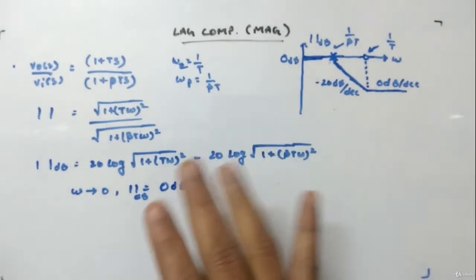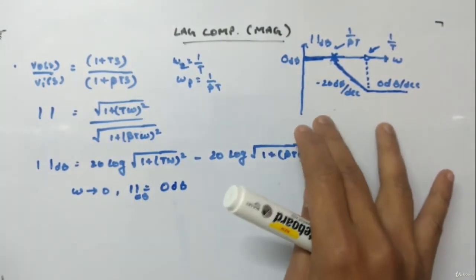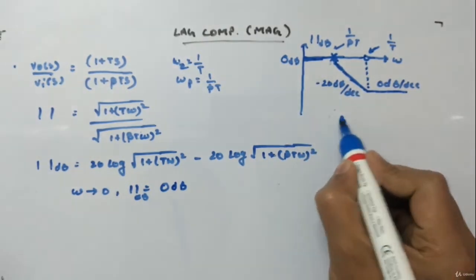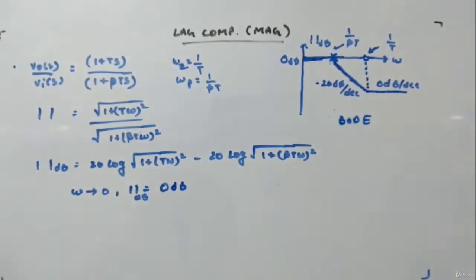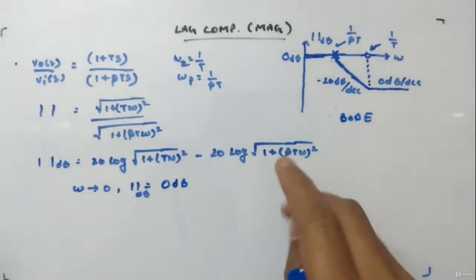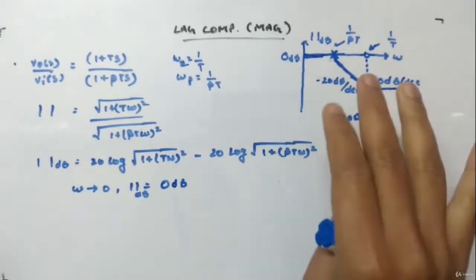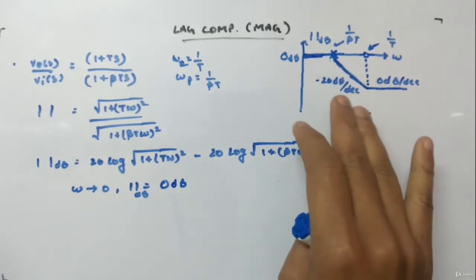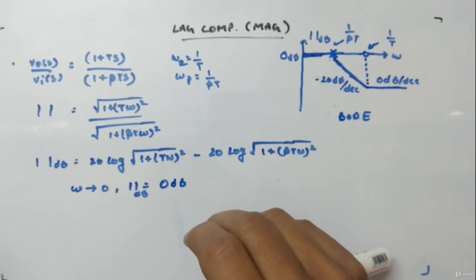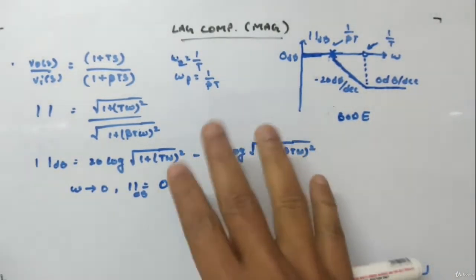I understand that I have not given the full details of this plot. This is a Bode plot, and it's an approximate plot. Just bear with me, when we see the Bode plot it will be more clear, but for now you should remember that a pole will give you a minus 20 dB per decade slope, and a 0 will always give you a positive 20 dB per decade slope. Okay, so we saw how it is coming.